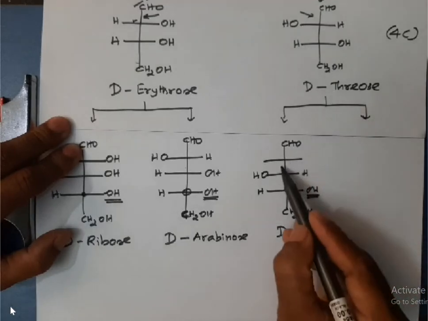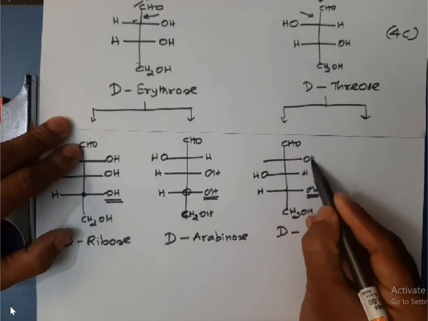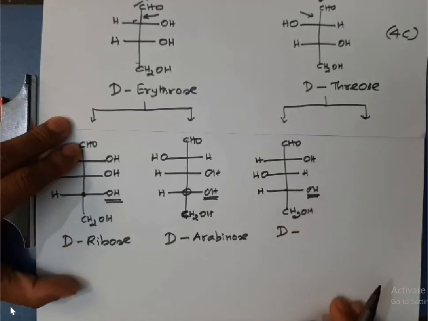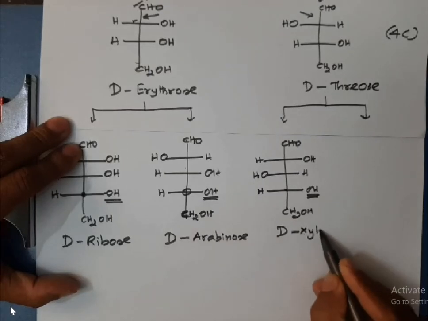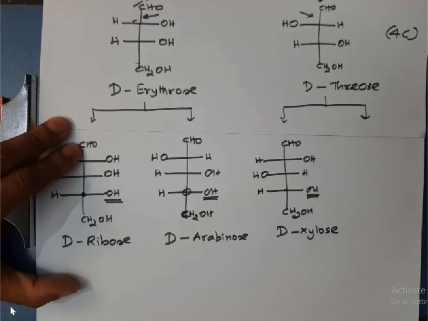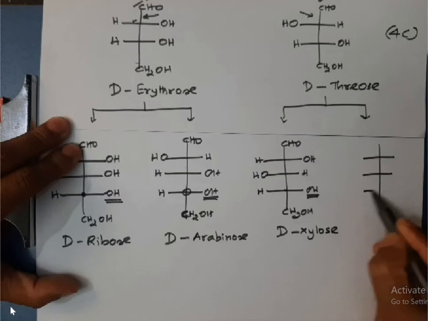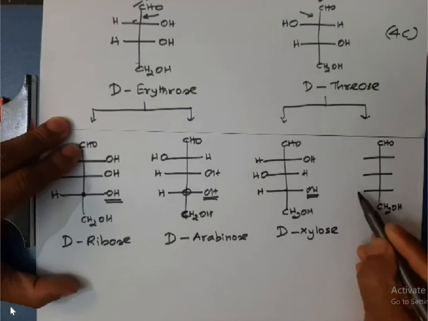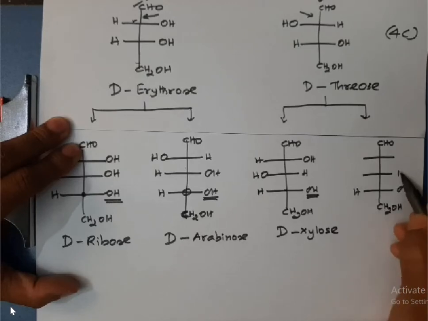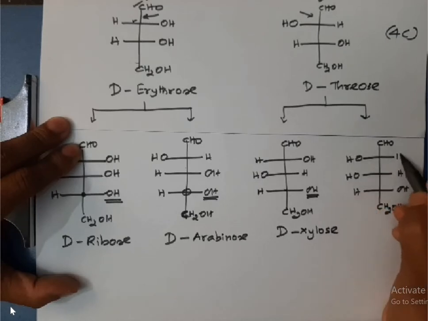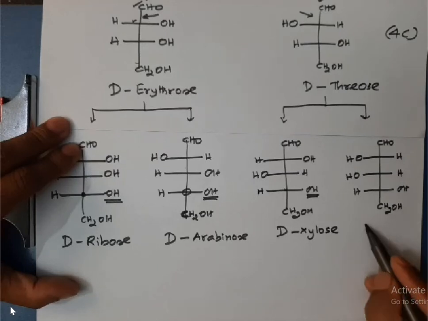Now in the new chiral carbon you put OH group in the right. So this compound is called xylose. Then next one, I'll keep the aldehyde group as such, CH2OH as such, and the terminal groups as such. Then in the new chiral carbon I'll put OH group in the left hand side, and this compound is called lyxose,